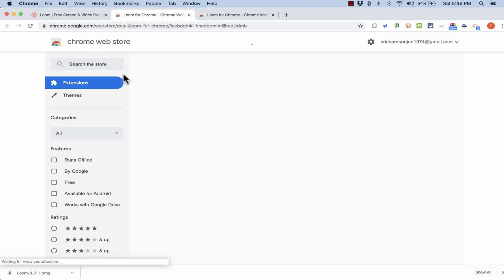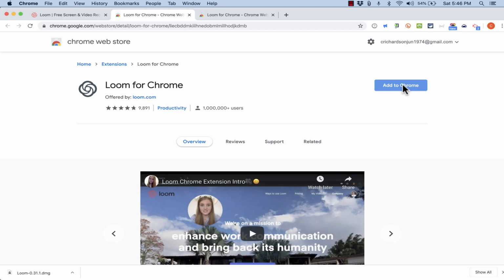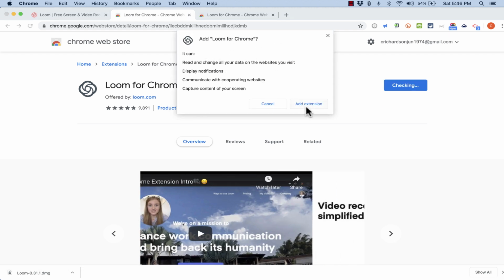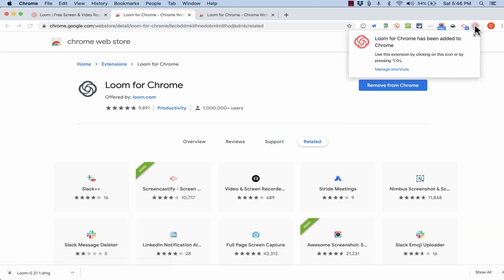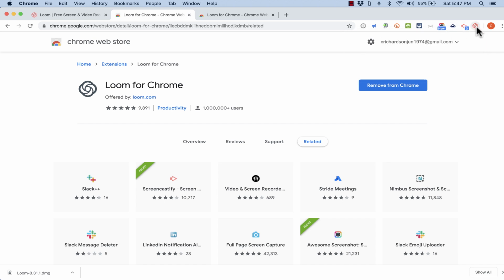If I click Install Extension, it just takes me to the Chrome Web Store, where I can click Add to Chrome, and I need to verify that yes, I do want to add that extension. And by clicking, it has now added Loom for Chrome to my extensions here in Google Chrome. Now, if you don't use Google Chrome much, if you're used to using other browsers, then you might want to just use the downloaded version of Loom.